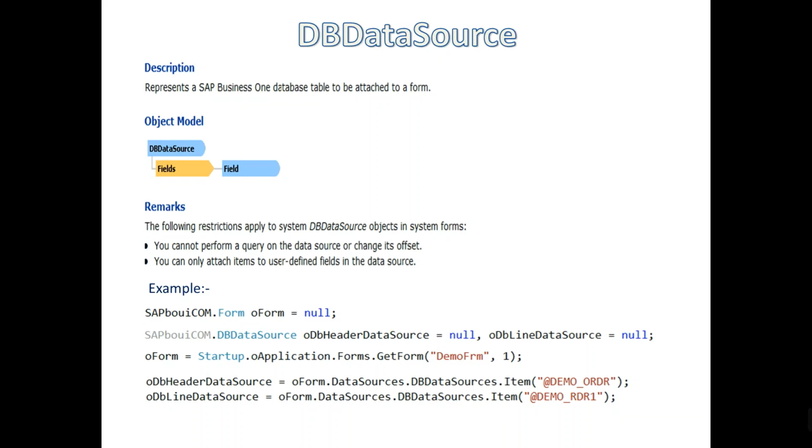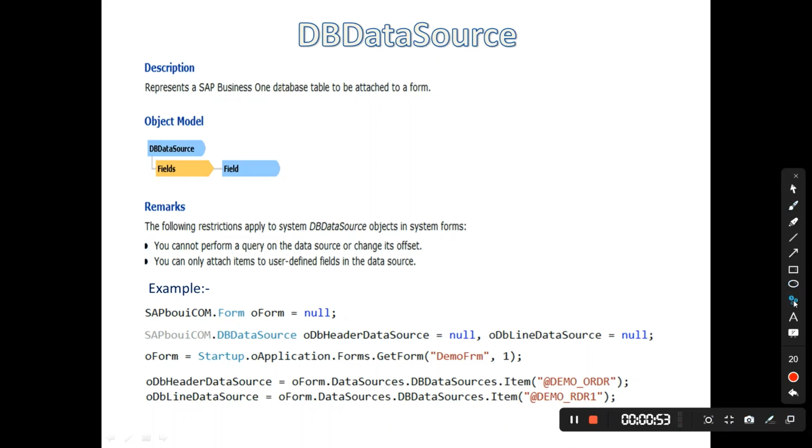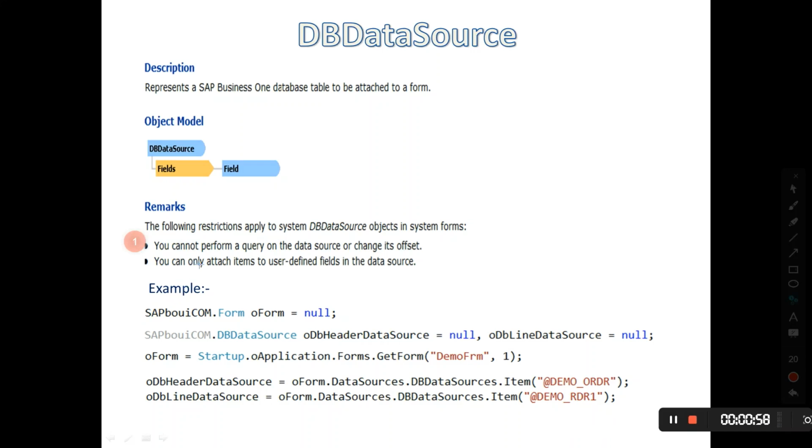So there are some restrictions also while using DB data source with system forms. Let me discuss these restrictions so that you can understand. These two restrictions are with system forms. You cannot perform a query on the data source or change its offset. So when you are using DB data source with system forms, you cannot perform any query, or set its offset.